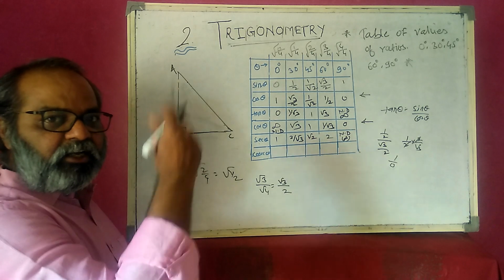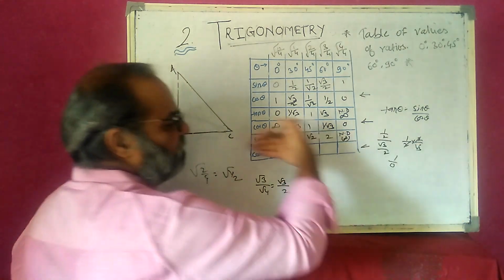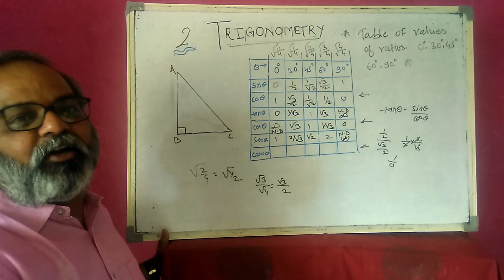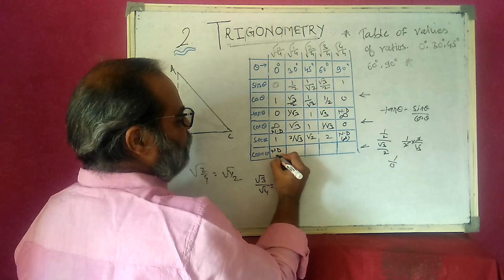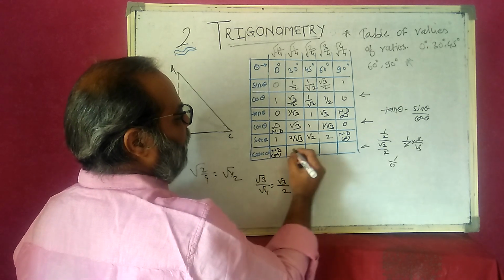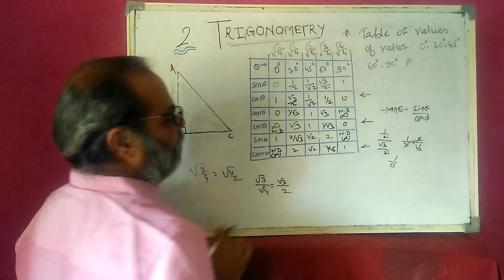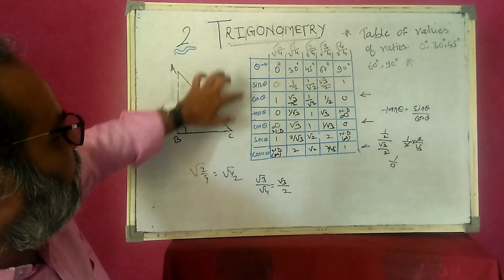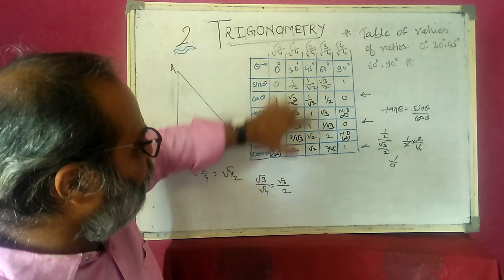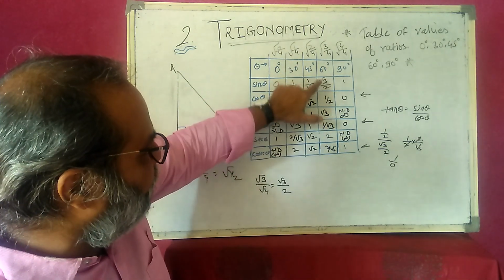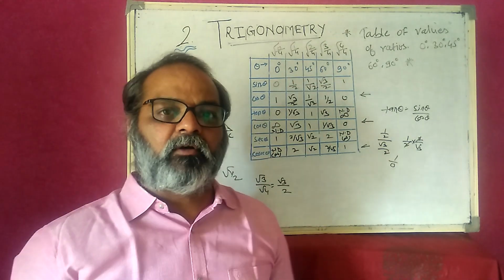Cosec theta is the inverse of sine. Or you can take the sec values in reverse order because they are complementary of each other. So it is not defined, 2, root 2, 2 by root 3 and 1. Taking the inverse of sine: 1 by 0 not defined, 1 by 2 is 2, 1 by root 2 is root 2, root 3 by 2 is 2 upon root 3, and 1 gives 1.